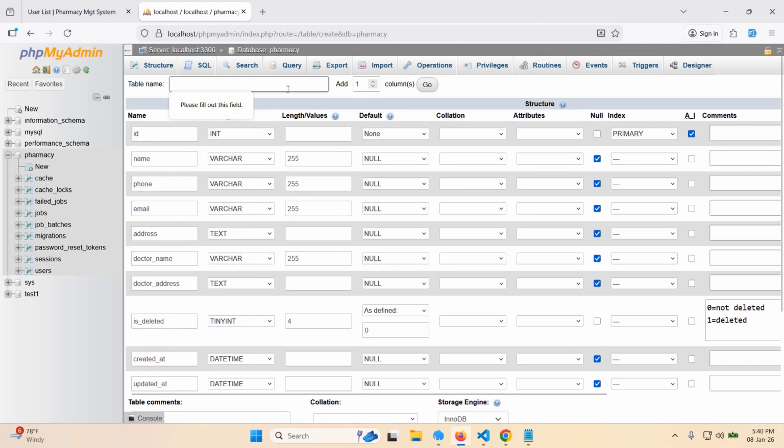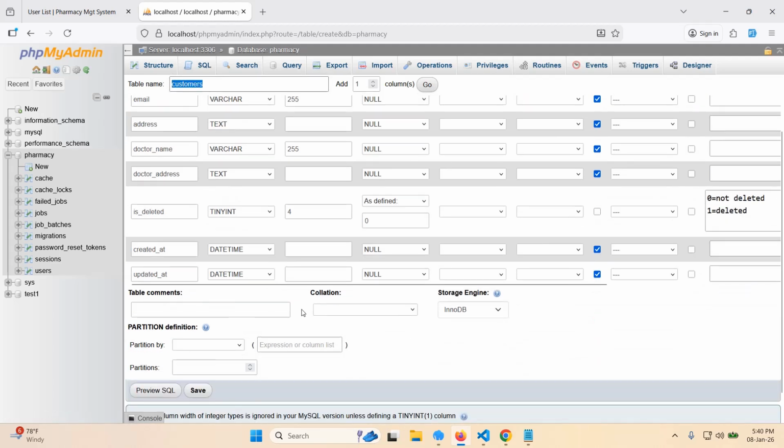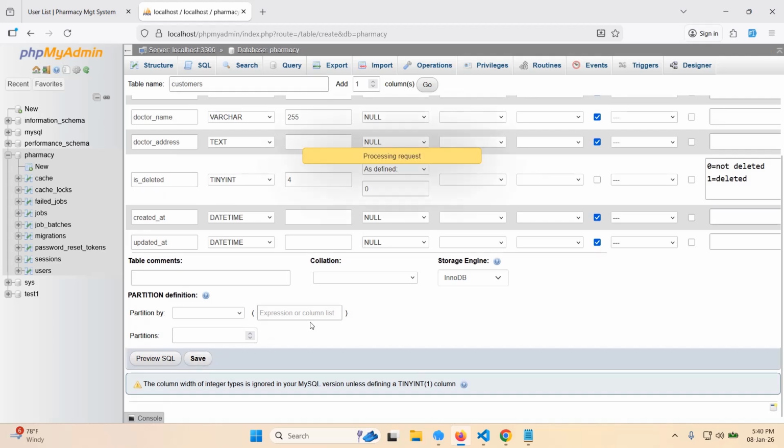Oh, sorry, the table name is not defined. So our table is called customers, like this. That is the name of our table. So you need to hit on save. Okay,